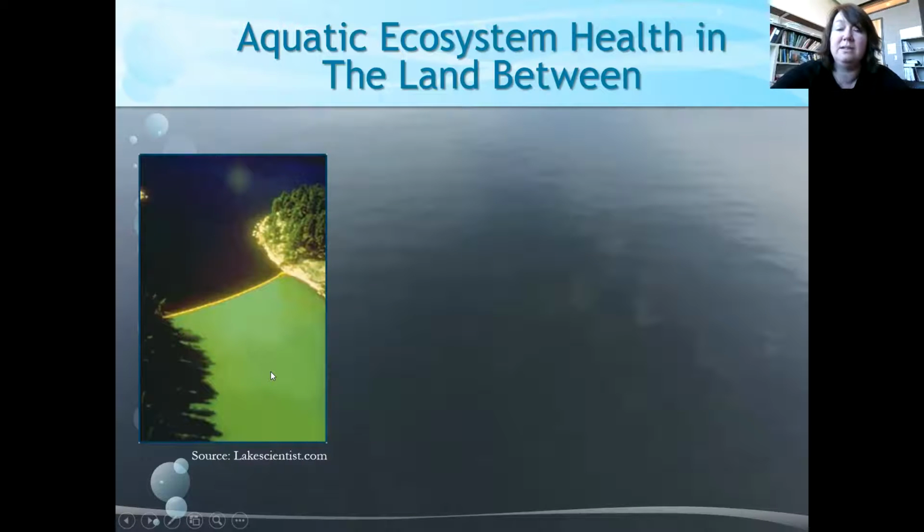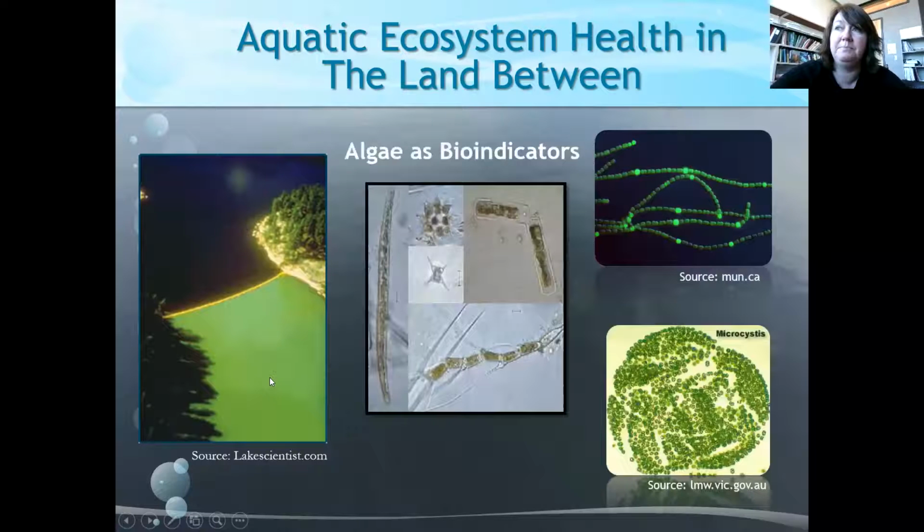And because you can see this green color, that's an algae bloom, they were able to determine that it's phosphorus. Phosphorus is an element, and it's found in rocks, but it's also found in detergents and fertilizers that we put on to grow our vegetables. And it's also in manure, so cow poop. So all of that stuff ends up in lakes. And when you have too much phosphorus, you get lots of algae growing.